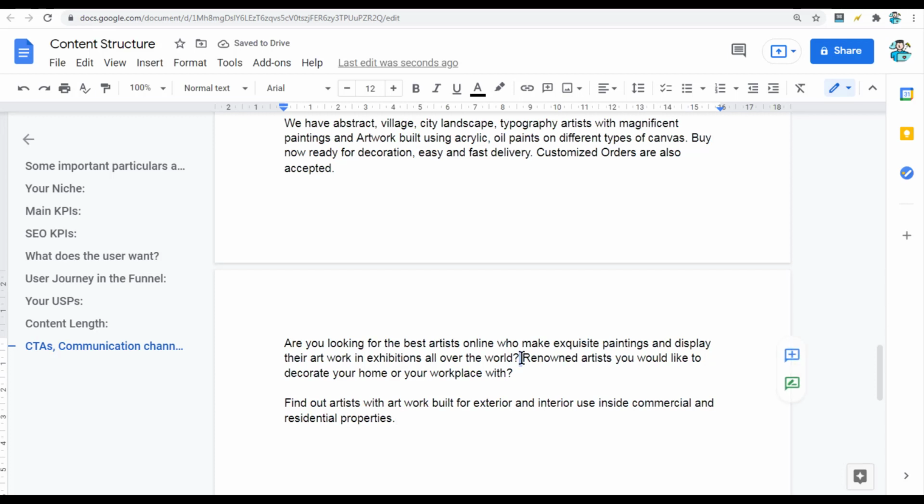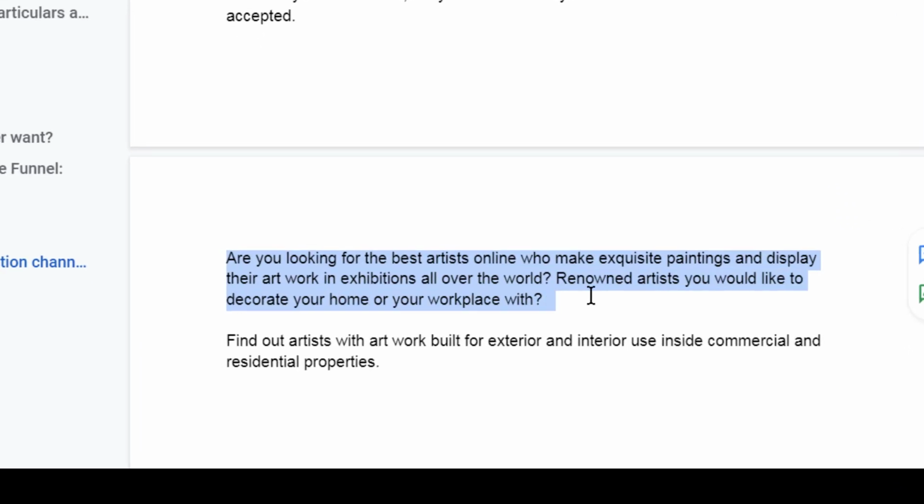So we put your home, your workplace in this paragraph, and now we are reiterating that fact inside commercial and residential properties.